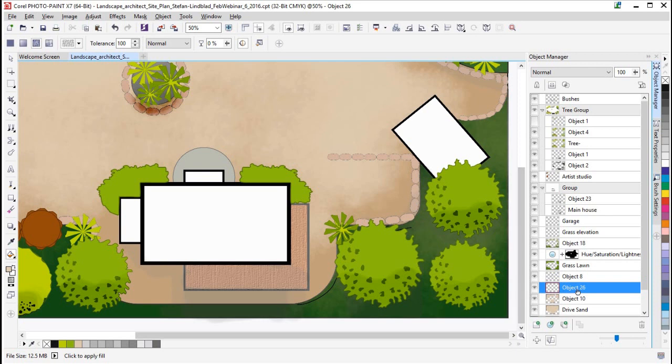What I now want to do is make sure I have selected this object here, number 26, and then take the rectangle, and place myself somewhere here, so it's just slightly under the stones. It will wind up under these stones here because these stones are on another object on top of these ones here. So with that done, I'm just going to go to the Fill tool. I'm going to double click,